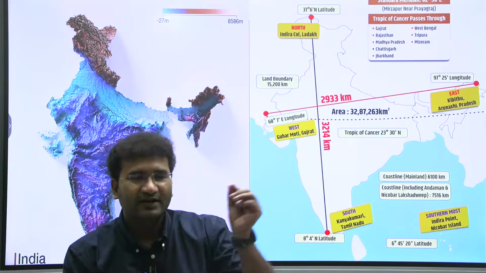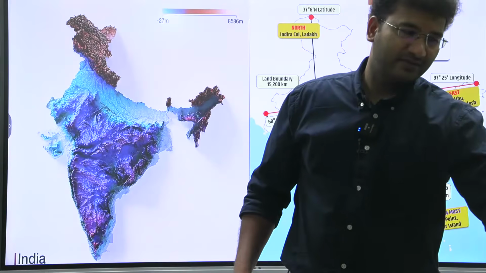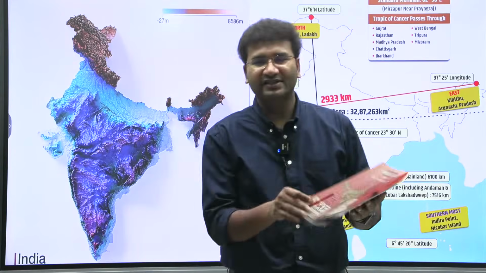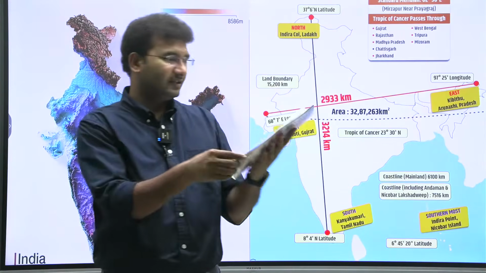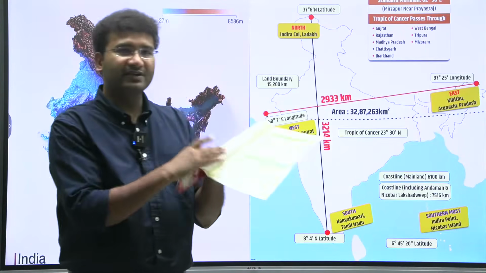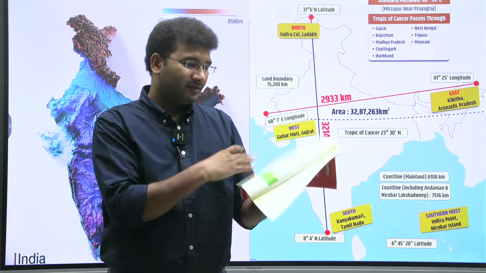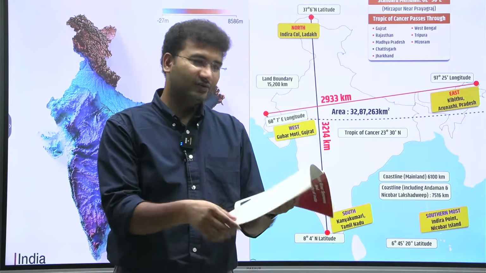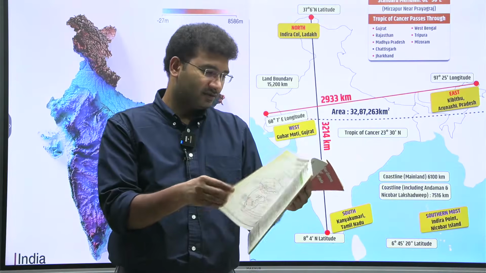So a booklet is given. In that booklet, not this, that one. What are the maps that I use? A small change might be there in terms of this booklet. In that you have rivers, tributaries, and also where a project is set up. This is the river booklet that most of you have received. If you haven't received it, you can pick it up offline in the institute.